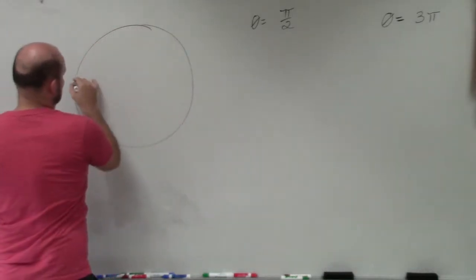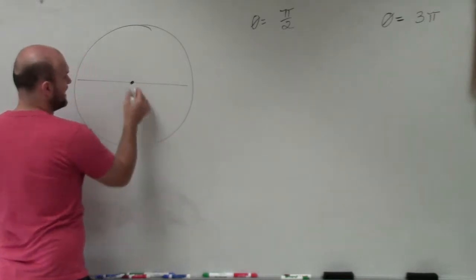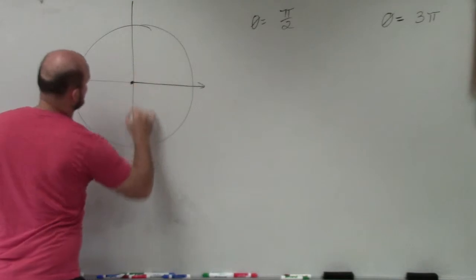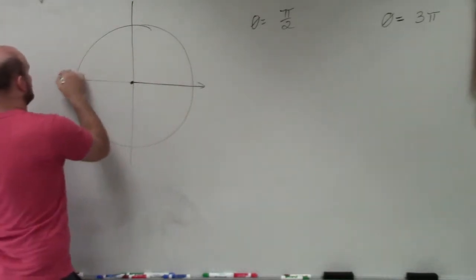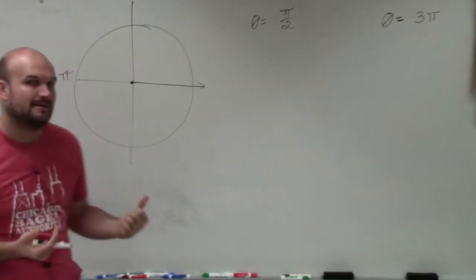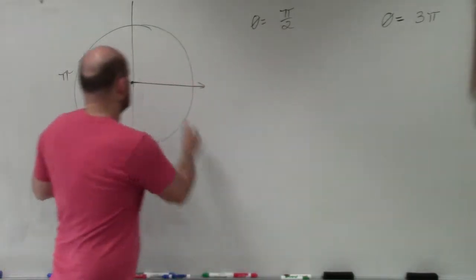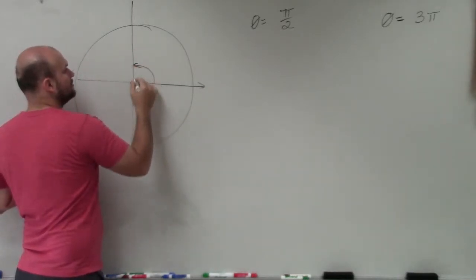So there's a nice, beautiful unit circle here, and there's going to be my center. Now remember, when we're graphing angles on the unit circle, that's going to always be our start. And I'll draw an x and a y axis here. Now remember, if we start here and we go halfway around a circle in radians, that's going to be pi. So to graph our first angle, we have pi divided by 2. Instead of going all the way around, which would be pi, we want to go to half of that, which would be